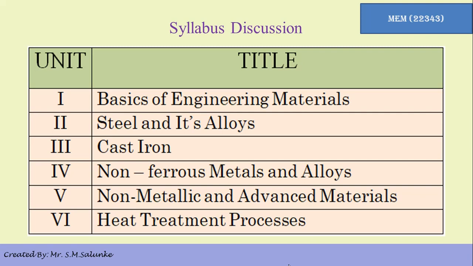Here we'll mostly look into the materials which are not metallic, like plastic materials and ceramic materials, which we use in day-to-day life, from our water bottles to our dining plates, etc. In the case of advanced materials, we'll be looking into various advanced materials available today that are used for very specific purposes, like in aircraft industries, medical industries, healthcare industries, etc.